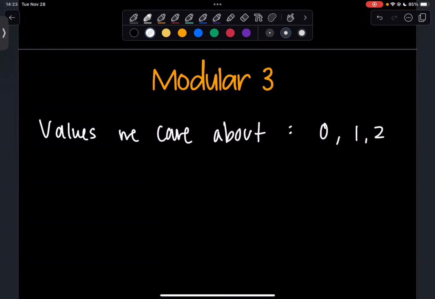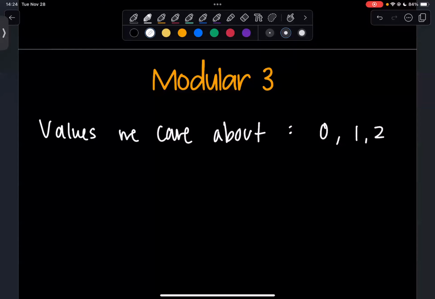Just like mod 24, we really cared about 0, 1, all the way up to 23, because those are the possible remainders you can have after dividing by 3. If you get anything bigger, that's telling you you should have divided by more. So really 0, 1, or 2 are the values that we really care about, modular 3. And we can think about adding these numbers together and thinking modulo 3, what would that look like? Just like we did with our mod 12 and our mod 24.